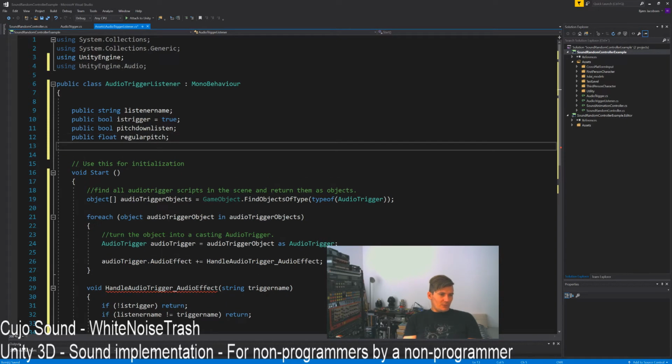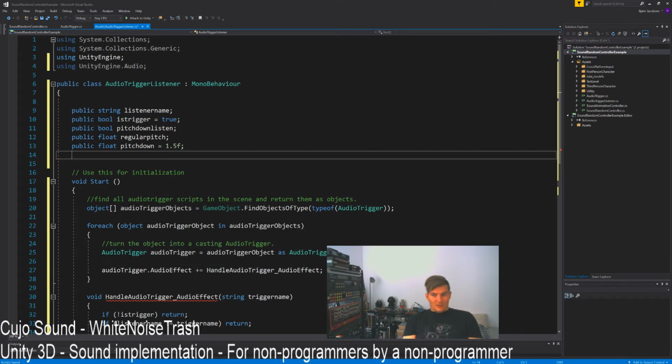That's the pitch that we wanted to return to, and a public float, which is pitch down, which will equal, make a standard of 1.5, and pitch release,